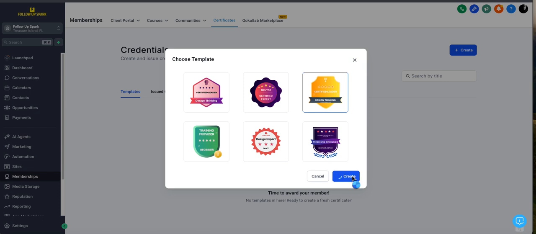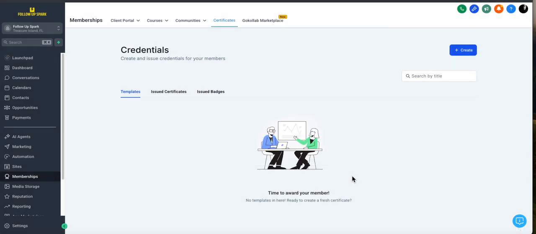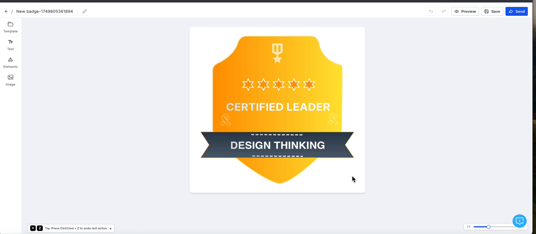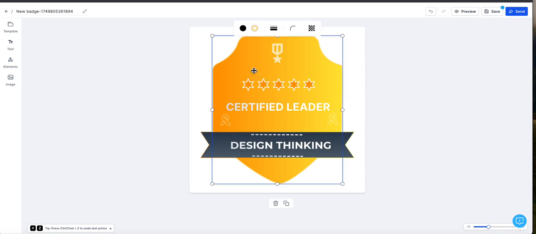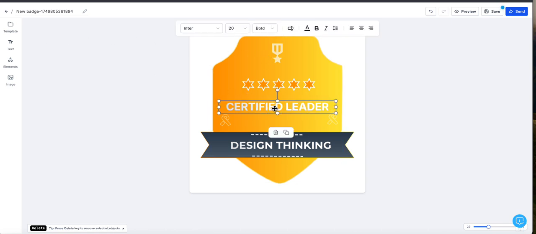So let's go ahead and create it. And it's just going to take a minute to get into the design screen. And we're in the design screen and it already looks really good. You can obviously change the colors, change the style. There's not a lot I really want to change in here apart from we are going to change this. So super easy. You just click in here and we are going to call this, what would we call this? For somebody completing the entire course inside Follow Up Spark, let's say